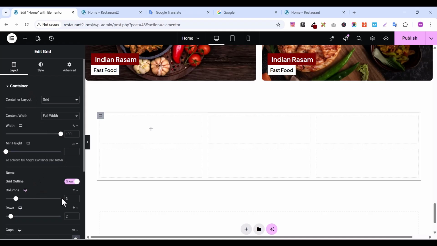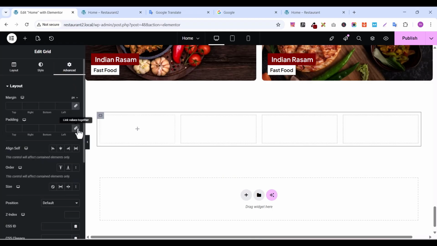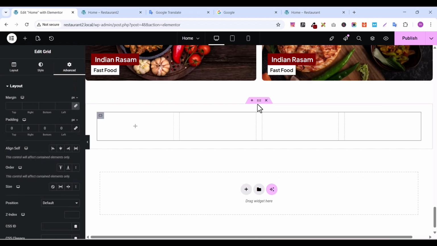So here on column, write 4. On row, make it 1 row. We only need 1 row. So select it, go to advanced, remove the padding of the grid like this. So let's select this, the whole of this section,